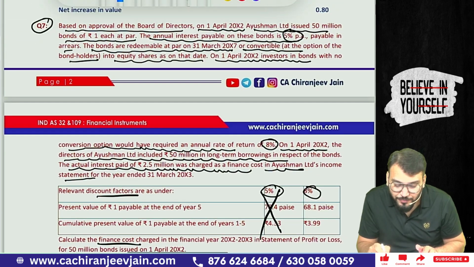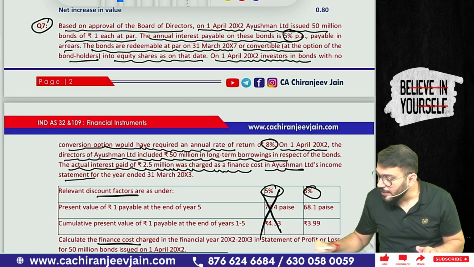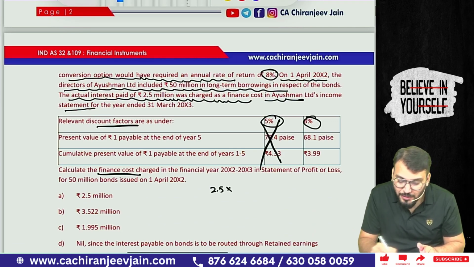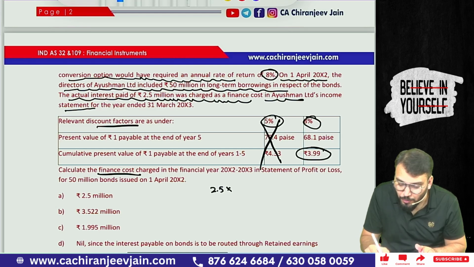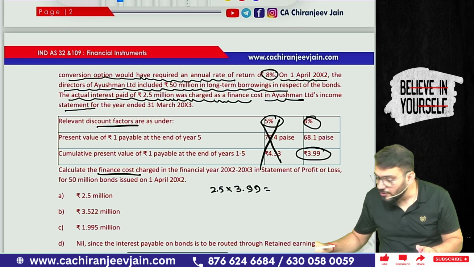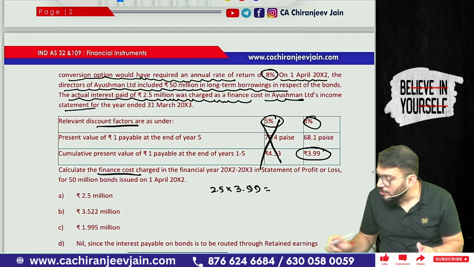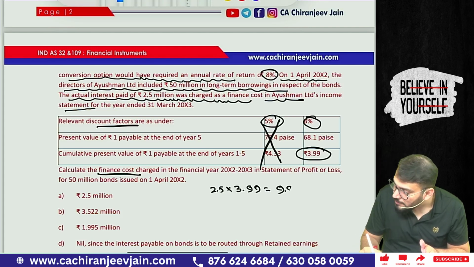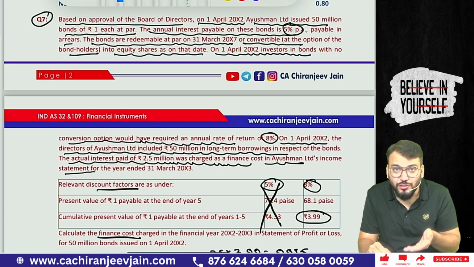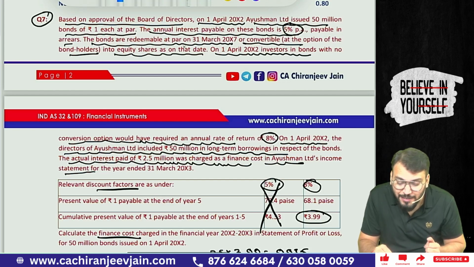So the liability component will be how much? You can see the interest becomes 50 million into what? Contractual rate of interest is 5%. It will become 2.5. So 2.5, the present value factor is given. The present value annuity factor they have given is 3.99. Multiply by 3.99. So 2.5 into 3.99 is equal to 9.975. And it is redeemable because it is optionally convertible. Therefore the principal amount will be classified as a financial liability, and the redemption value is at par. So 50 million